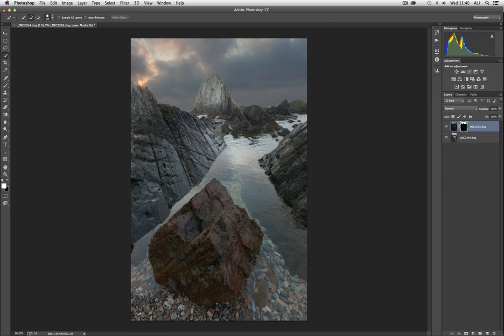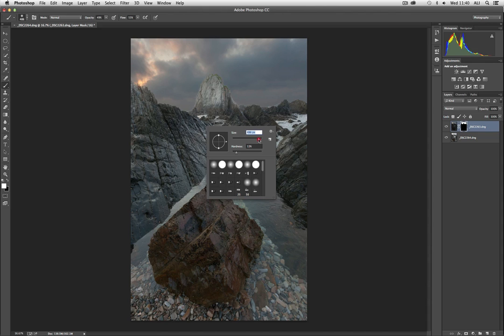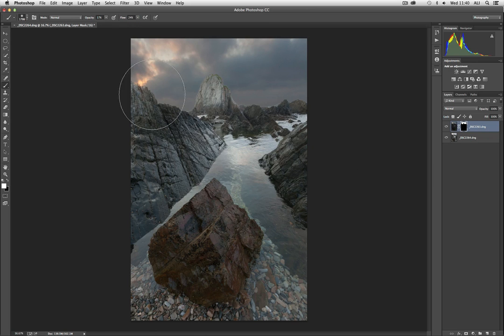Now as you can see, that kind of looks a little bit ugly. So what we can do is use a white brush at a very low opacity but a large size. So something very gentle, 17–18%, and we just click through there. So we are getting a little bit of darkening of our sea stack,